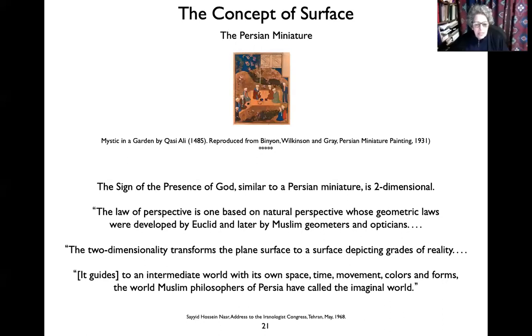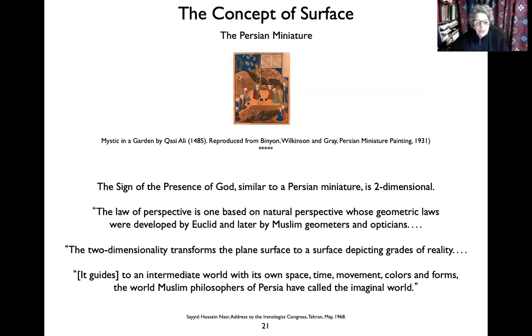And so it guides to an intermediate world with its own space, time, movement, colors, and forms. The world Muslim philosophers have called the imaginal world. This was one famous French philosopher, more or less contemporary, by the name of Henri Corbin. He did a lot of work on the concept of